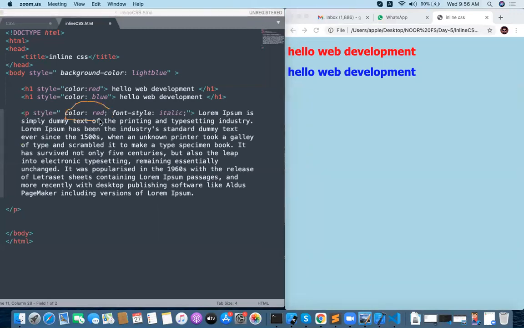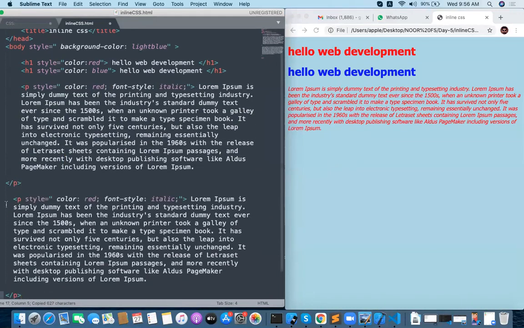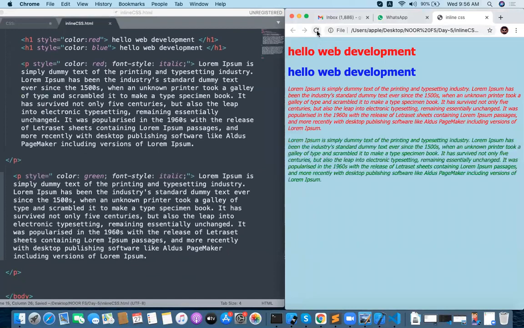One is color red applied and a font style italic, and we gave a semicolon. That semicolon is very important. If you don't write the semicolon syntax, it will not come properly. Now it should be saved and run. My paragraph got taken. Let me take one more paragraph and change the style for this paragraph. Color is green. Obviously, you will have another paragraph with a different style.